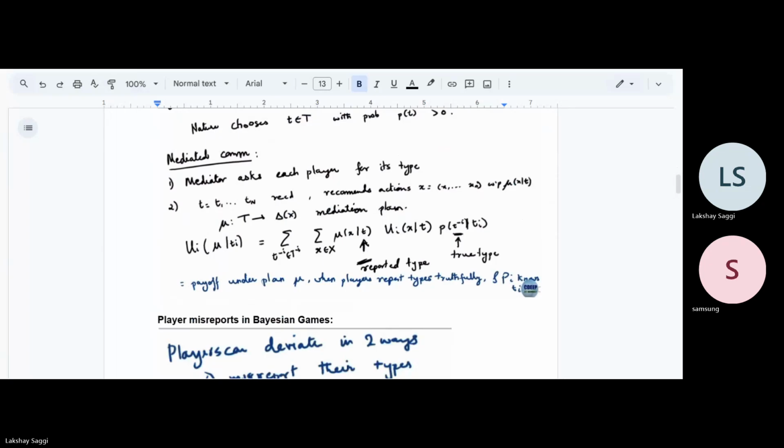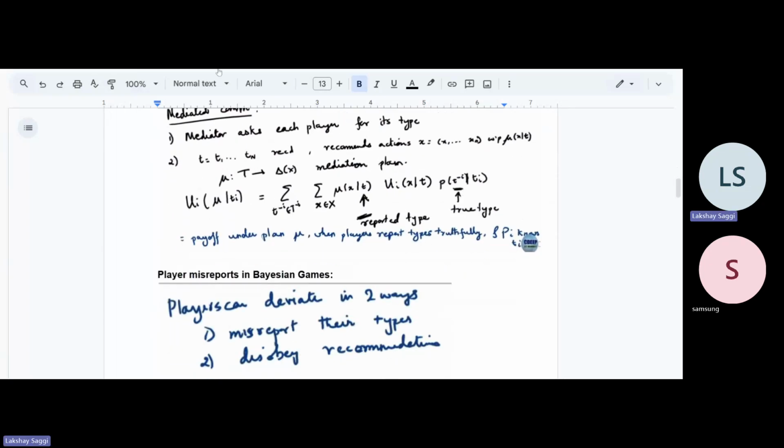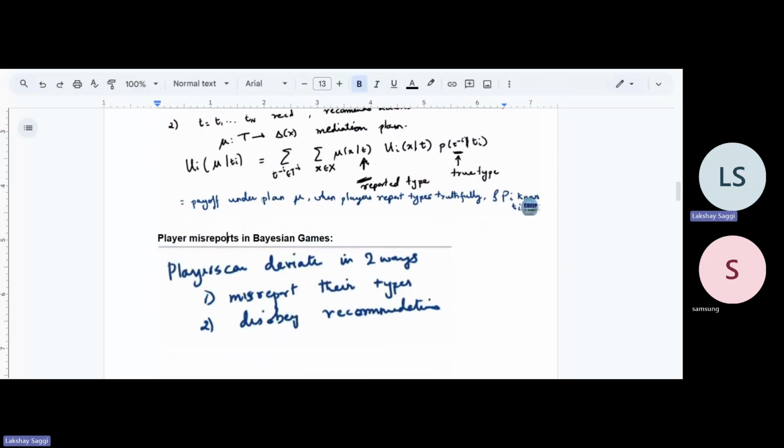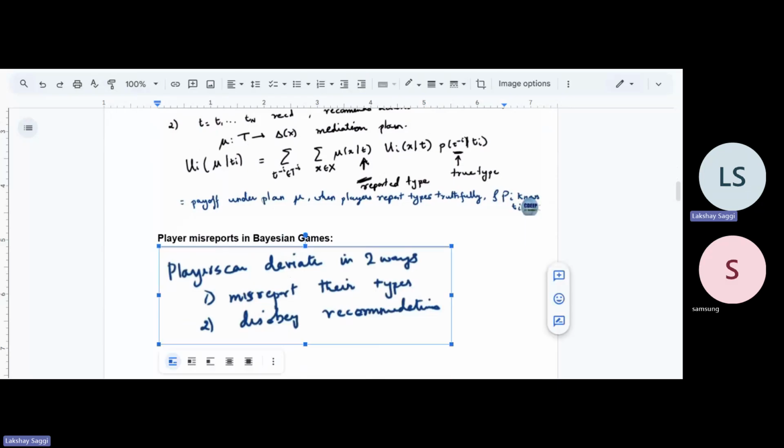And now it's up to every player to be obedient to what the mediation plan is. So there are two ways in which a player can deviate in these Bayesian games. First of all, the player can misreport his or her type to the mediator in the first step. And the second way in which the player can deviate is that, whatever the mediator is suggesting in the mediation plan, the player disobeys the recommendation given by the mediator. A player will do these only if these kinds of things are helpful for the player to actually